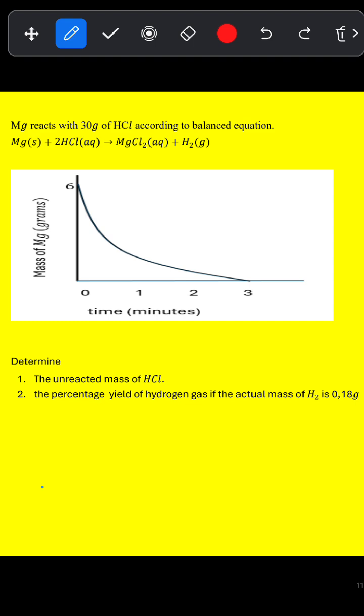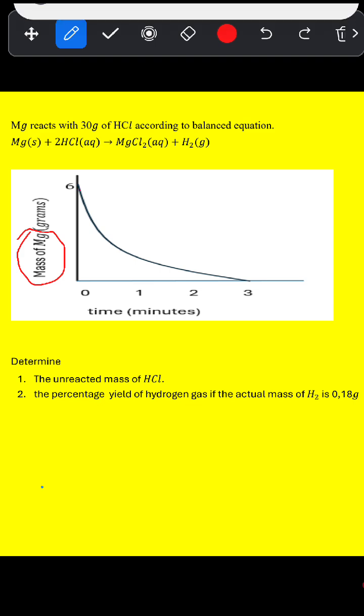Right, let's look at this question. We read: magnesium reacts with 30 grams of hydrochloric acid, HCl, according to the balanced equation. So we see the balanced equation and then the graph. According to the graph, the graph shows the mass of magnesium. So it says in the beginning,